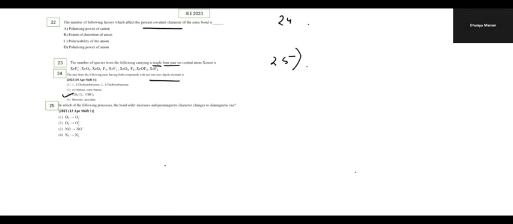Okay, so the first one is from oxygen to O2 plus. So here, oxygen to O2 plus. Okay, so here